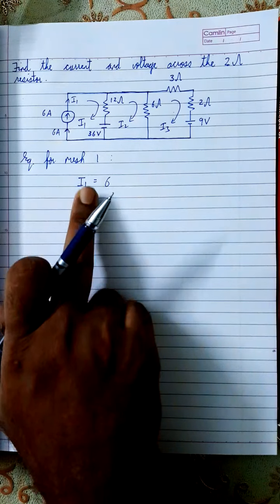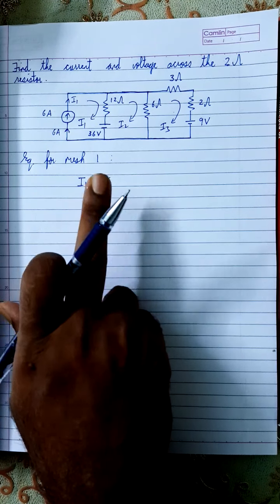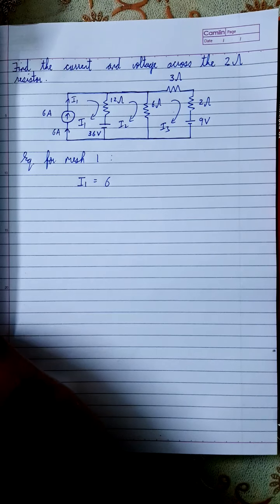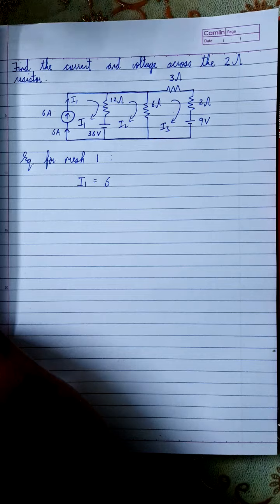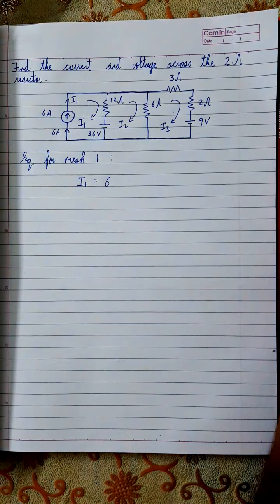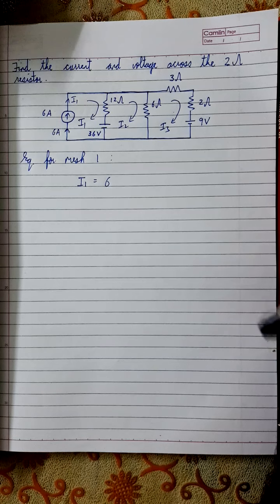So this is not Kirchhoff's voltage law. This is simply writing the equation of your current, since there is a current source. So you should understand that if you see a circuit in which there is a current source at the side of the circuit, immediately you should do that problem in the exam, because that question will be very easy, because one of the current values is already given.